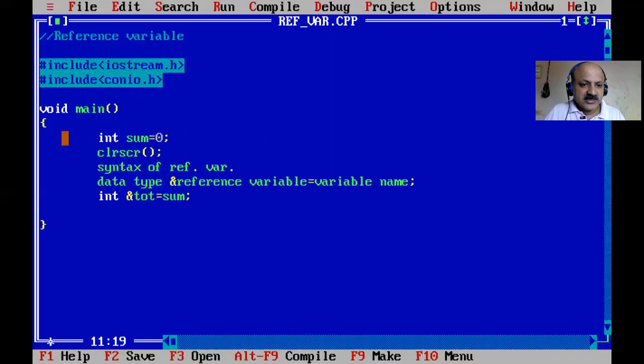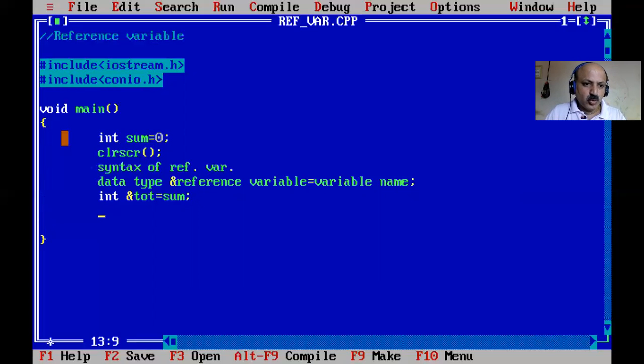So the ampersand sign is used. In C language we use percentage u and the ampersand sign to print our variable's memory address. So here is an extra use, or we can say the reference variable. It does not declare a new variable, like tot is not a new variable, but it holds the sum value, and those 2 bytes also hold tot. So one variable, two names, tot and sum. One location, two names, we can say.